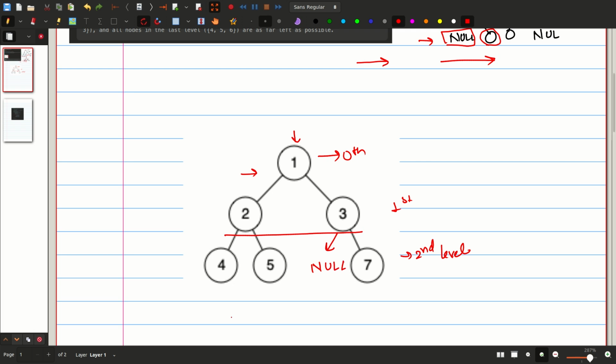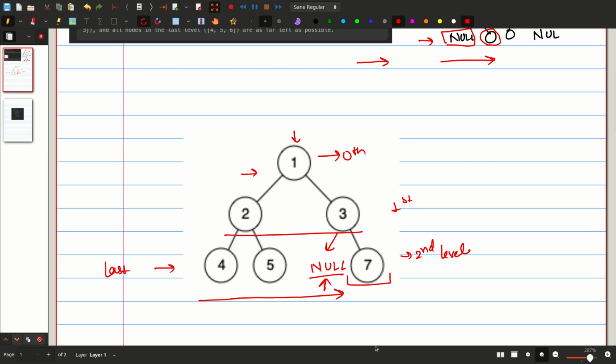So if I go through the last level in the left to right direction, it is not completely filled because here I am seeing a null, and as per the definition of a complete binary tree it should be filled in the left to right direction. So if I traverse left to right, I can see 4 and 5, but here I can see null, and after null there should be nothing present in a complete binary tree.